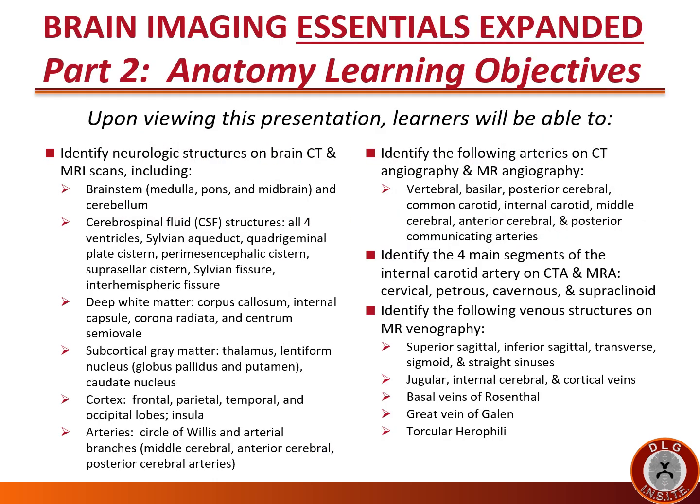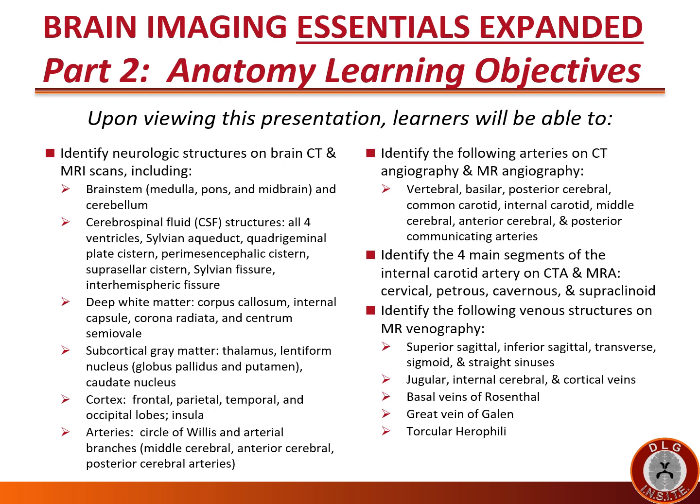The learning objectives for this presentation are these. Upon viewing this presentation, learners will be able to identify neurologic structures on brain CT and MRI scans, including the brainstem and its components, medulla, pons, and midbrain, and cerebellum, cerebrospinal fluid structures, including all four ventricles, sylvian aqueduct, quadrigeminal plate cistern, perimesencephalic cistern, suprasellar cistern, sylvian fissure, and interhemispheric fissure, deep white matter structures, including the corpus callosum, internal